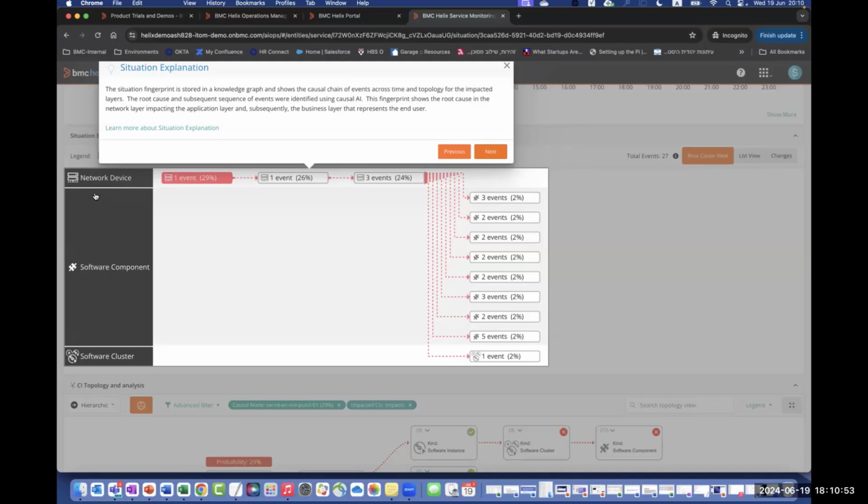So you can see here that in our case, a network device failed, which triggered an event, which triggered another event on the network device layer. But this failure on the network level prompted a multitude, and each one of these numbers is the number of events, of different events that happened on the software component layer and on the software cluster layer. So you can, right off the bat, graphically see what the story is behind this situation. So if I click next,